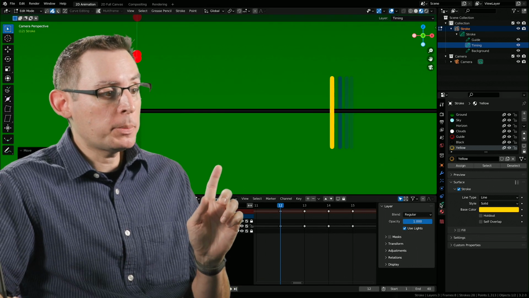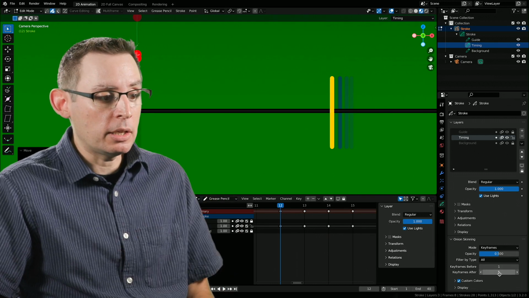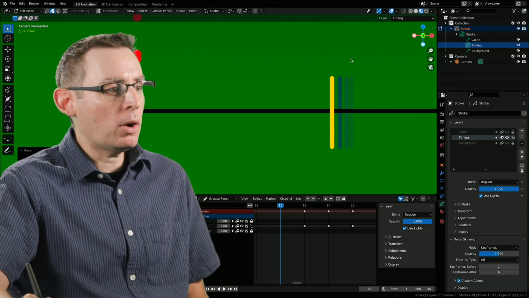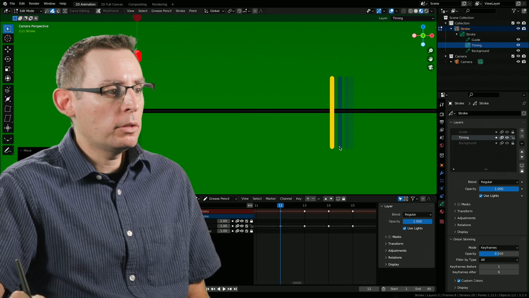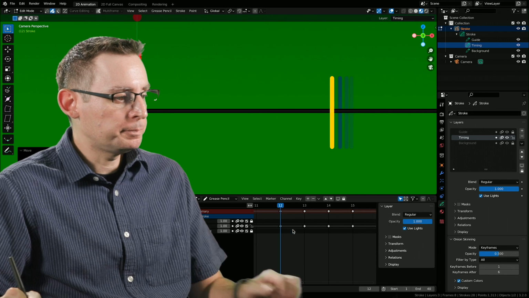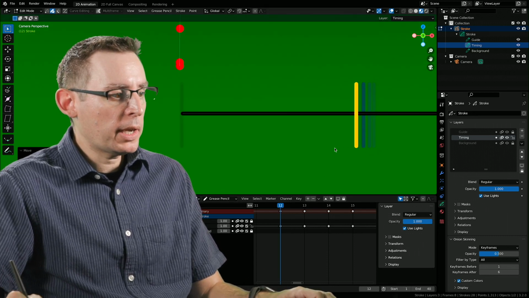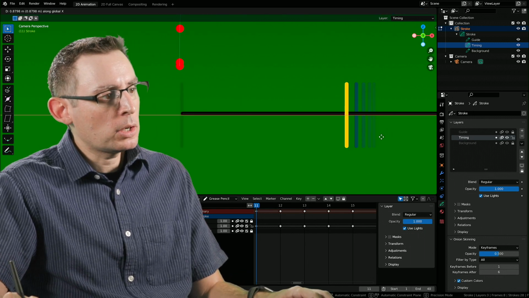I'm going to go into my object data properties, this green icon, and change the onion skinning values to like 5 after or 6 after. That way I can see all of the future frames. I'm seeing both 12, 13, 14, and 15 at the moment, which I like. Okay, so let's see if this is the apex. Maybe one more, maybe on frame 11, grab X, and starting to slow down.